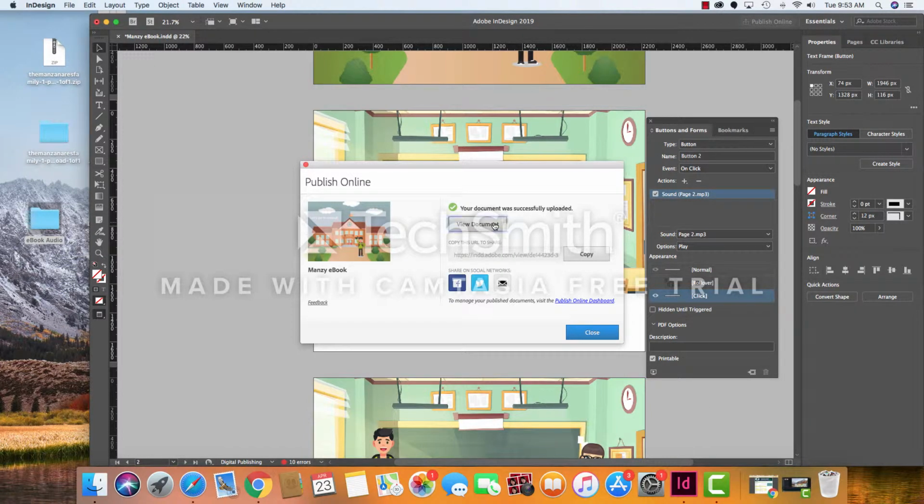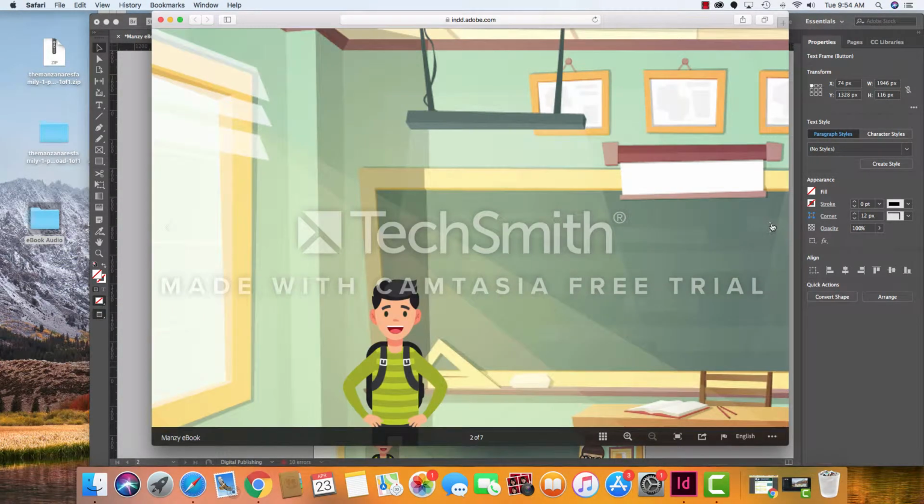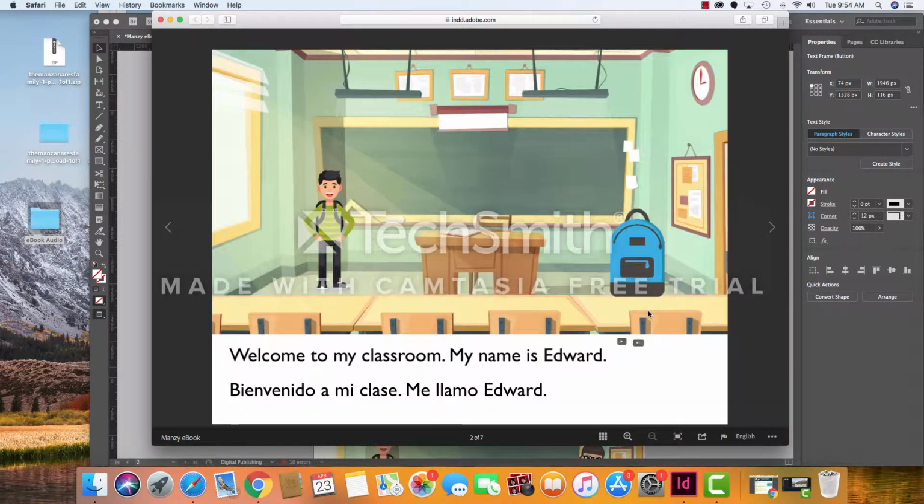And then I can go ahead and view. I'm going to head to that page. It has the audio file. Mine comes on, it's really big for some reason. And when I click on that,